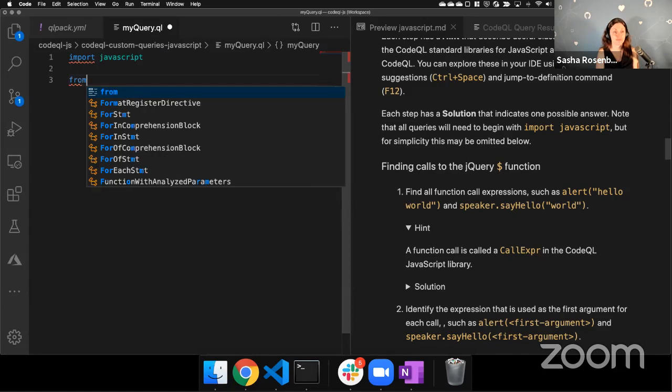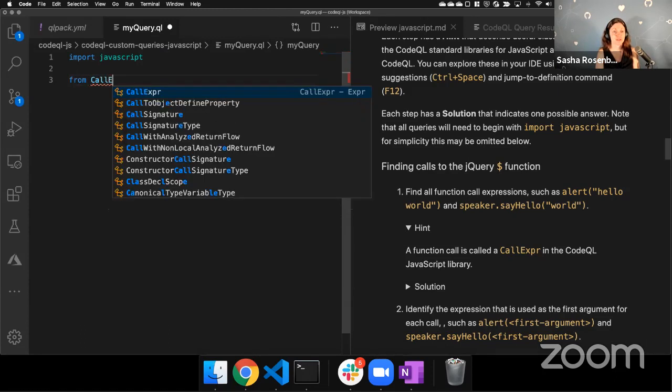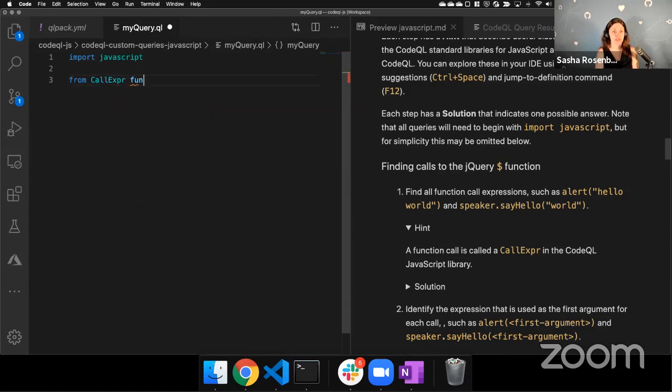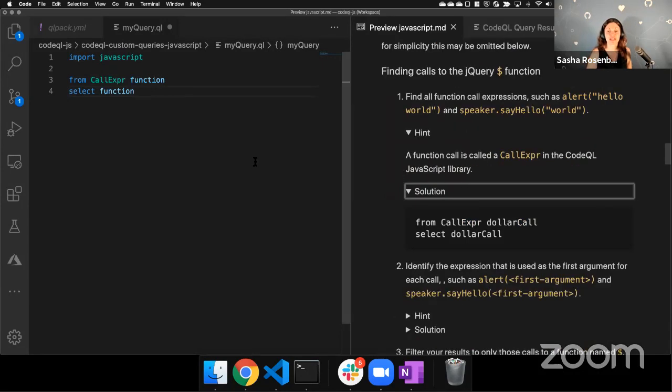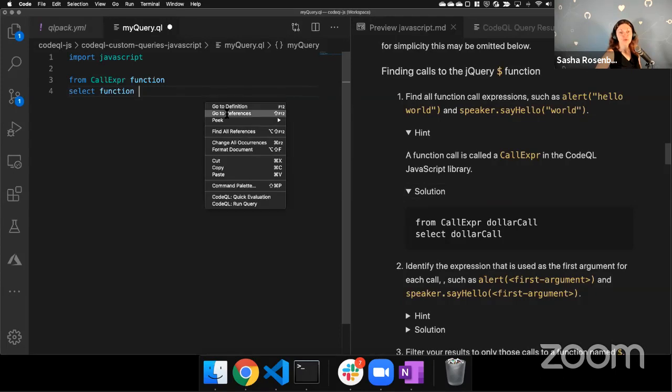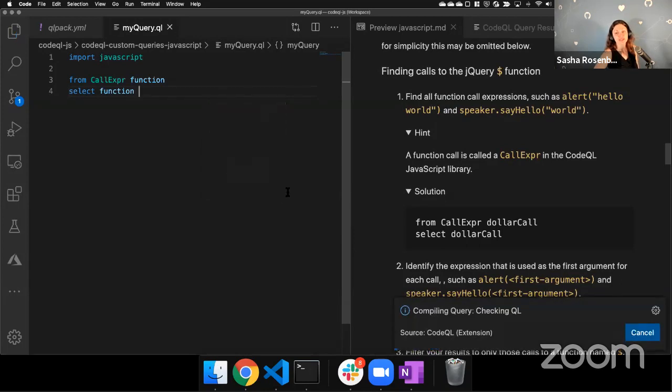Let's do from CallExpression, and then call it whatever we want. And then just do select function. Okay, and let's look at the solution, see that we actually did it right. All right, that seems to be okay. So I will run this. You can run this, right click, run query. I'm going to run this on my database, and it's going to take a couple of minutes. So while it's doing that,